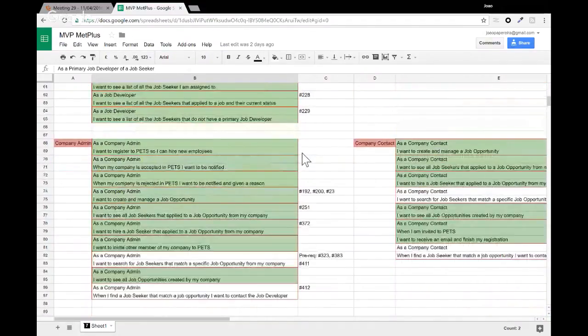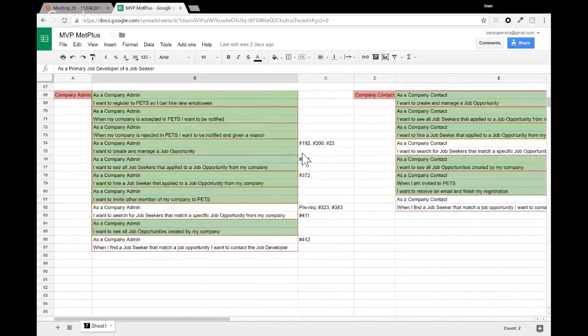In terms of company admin and company contact, I'm going to merge both of them because it's the same story on the two sides. One is for company contact and another for company admin, so they will be implemented with the same logic. It's not duplicated work. In terms of the company, we are missing the ability to search for job seekers that match a job opportunity, so again, the matching part.